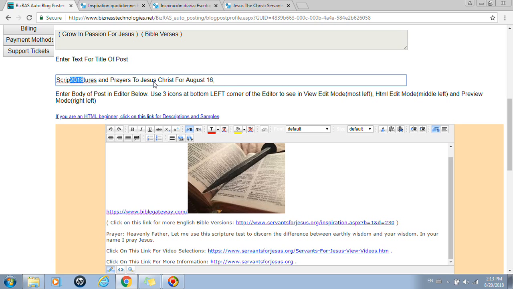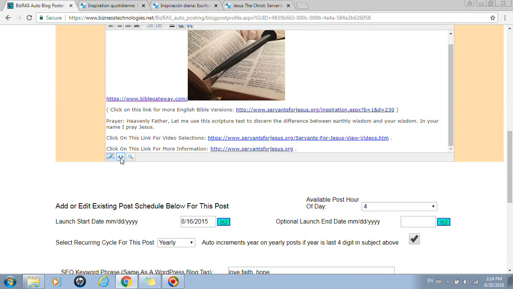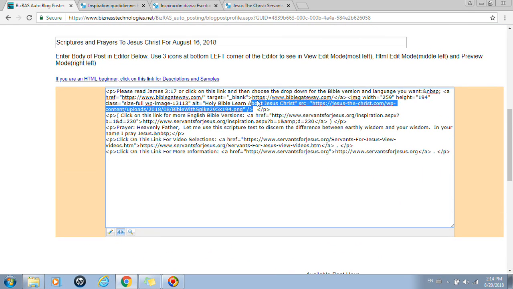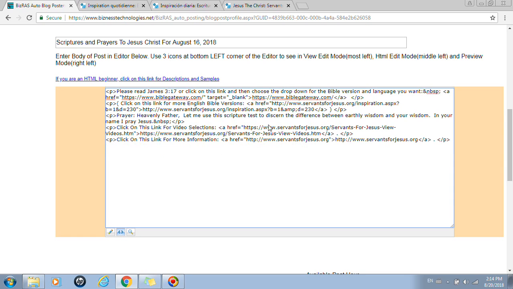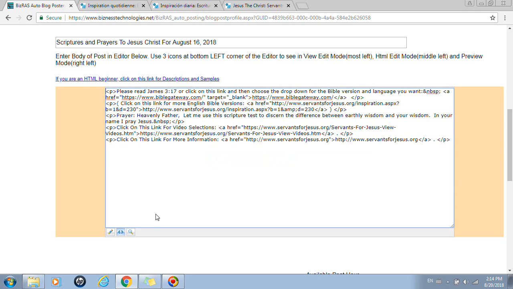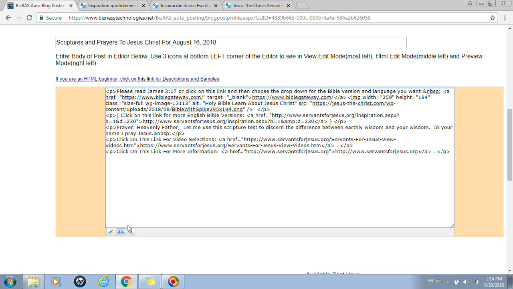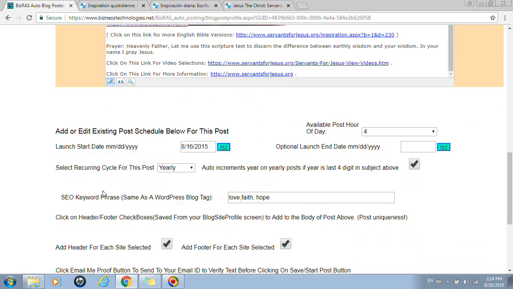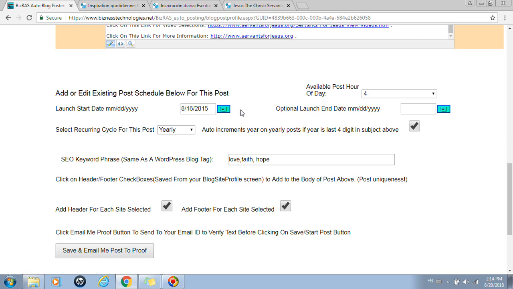So here, as you can see, you can move things around easily, and then with this very simple HTML editor, you can go in there and say, okay, I don't want that image, so you can cut that image out in the HTML, and then go back to the actual visual and you see it there. But you say, well, it's pretty powerful, so I want that image back in there again, and you put that in, put your links in, and then you say, when do you want this to go out,